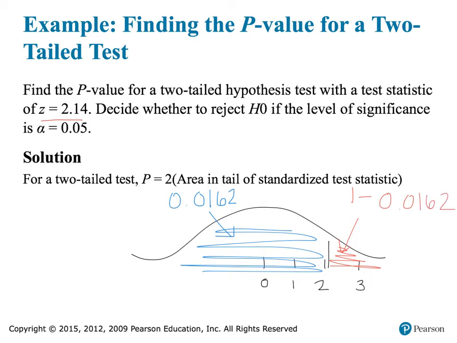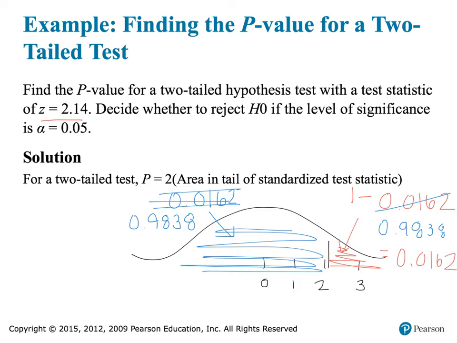Oh, I'm sorry, I'm getting ahead of myself. 1 minus that value is 0.0162. The table gives us the area below, which is actually 0.9838. Sorry about that. So when we take 1 minus 0.9838 because we want the area above, that's when we get this area above equal to